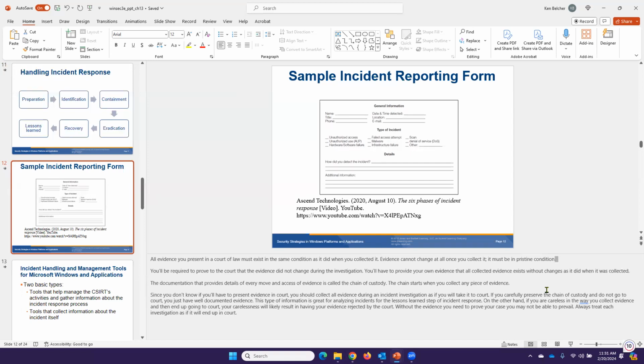The document that provides details for every move and access of evidence is called the chain of custody, and the chain starts when you collect any piece of evidence. Since you don't know if you'll have to present evidence in court, you should collect all evidence during an incident investigation as if you would take it to court. Carefully preserve the chain of custody, and do not